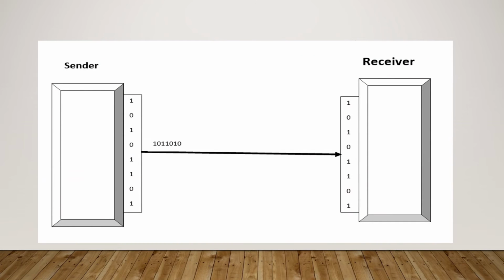Then this diagram represents serial transmission in which all data bits will be transmitted on this single transmission media only from sender to receiver. So if the number of bits is increased, then the time span will also increase to transmit all data from sender to receiver. Hence, this transmission is slower as compared to parallel transmission.